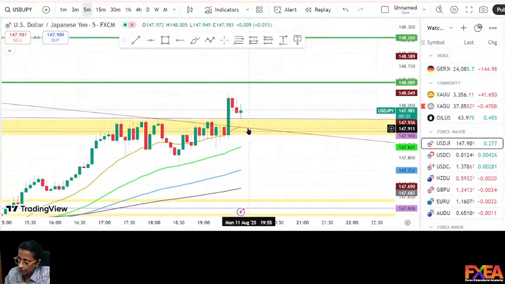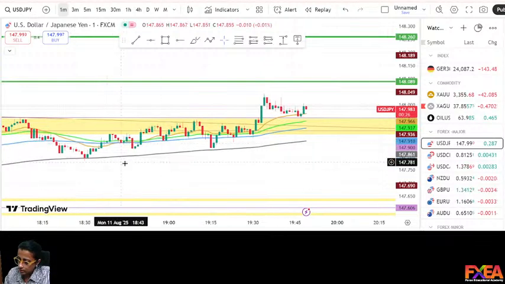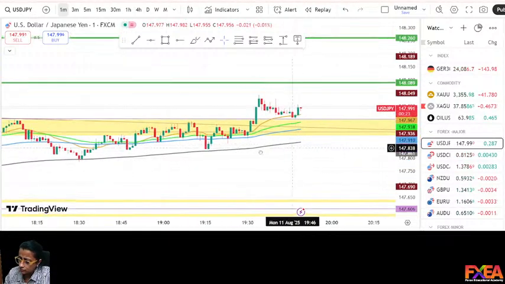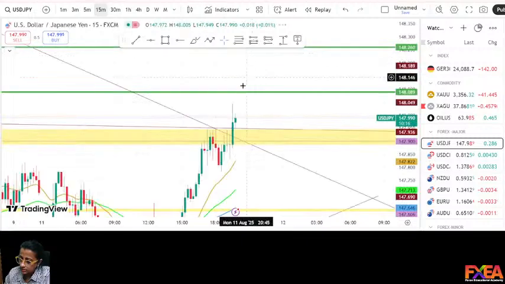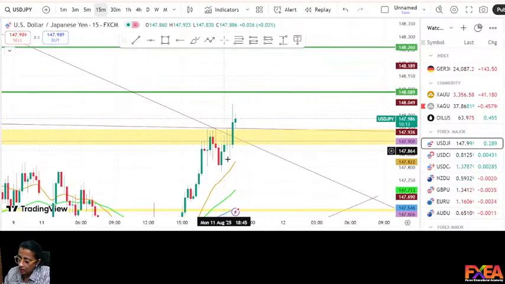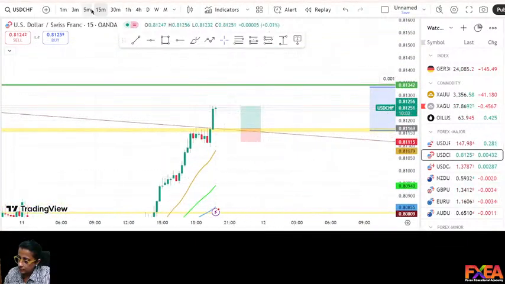Let us see, we have a 5-minute CB here also, but the market is not fast enough to respect only the lower time frame. So there's a chance that it can come to the 5-minute time frame if it has a pullback. Otherwise it's in expansion mode right now. If you see the 15-minute time frame, it's in expansion mode only. USD CHF on the 15-minute time frame is also in expansion mode.